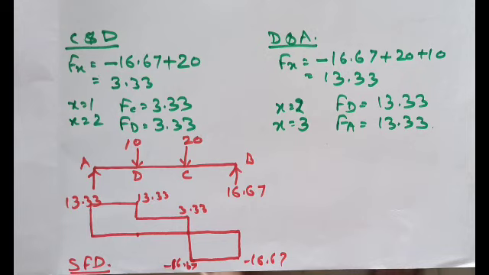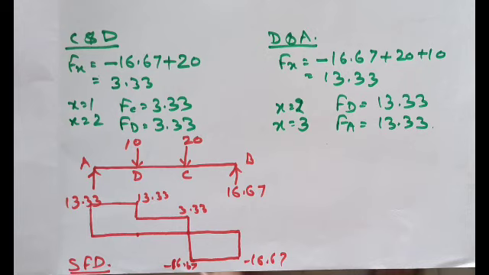So see, when we take the first section between B and C, at FB we had minus 16.67 and at point C also minus 16.67. So we have drawn this straight line at minus 16.67. Now when we take another section we get FC equal to 3.33. Initially it was minus 16.67, but as we reached point C the load of plus 20 acted and the value became plus 3.33. So at C and D we have plus 3.33, and again we draw this straight line.